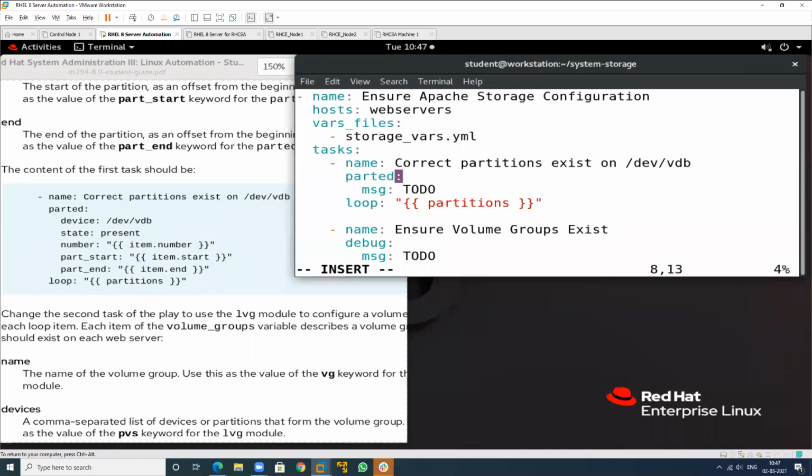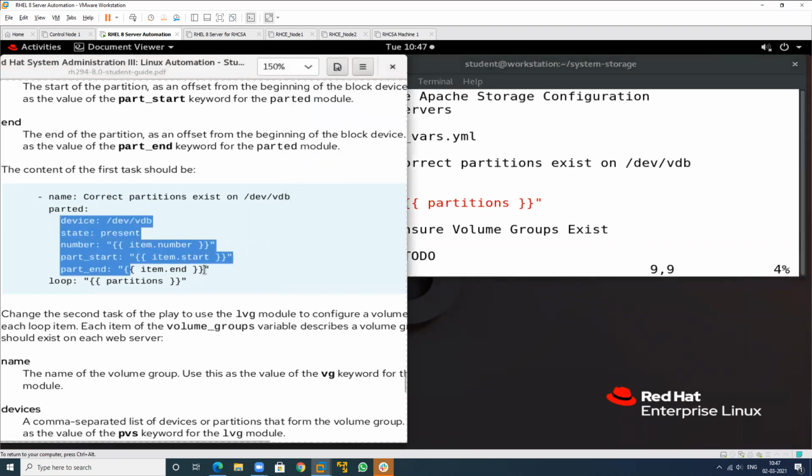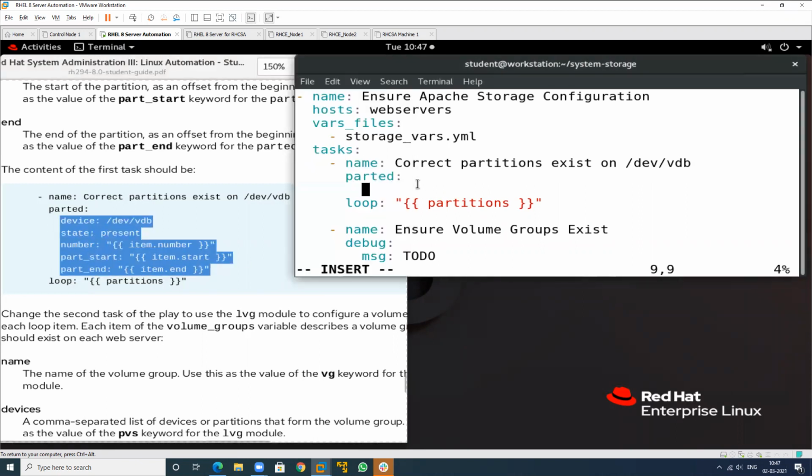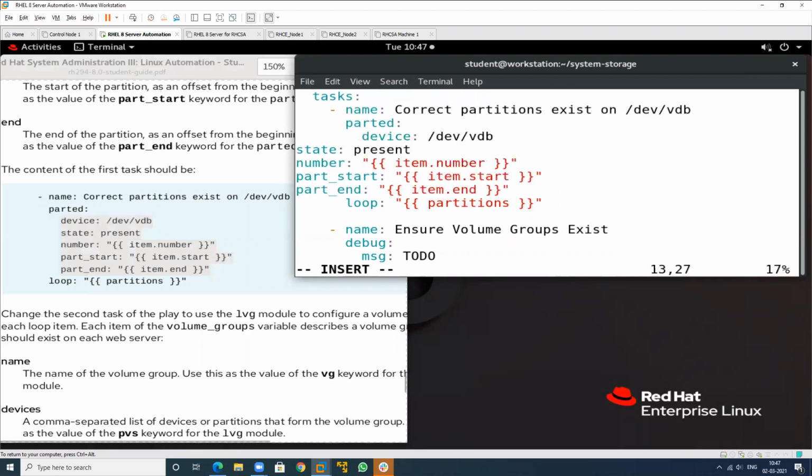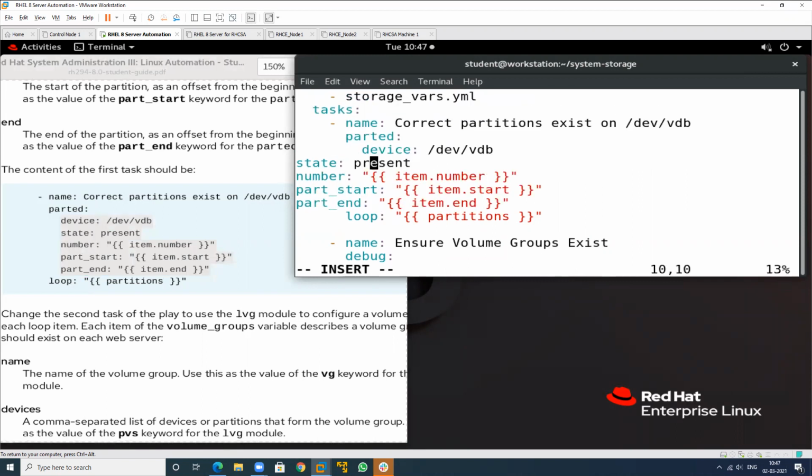Use the parted and remove this message. And in the place of this, use this whole value. State is present, and the number is this, and this is the start, and this is the end.